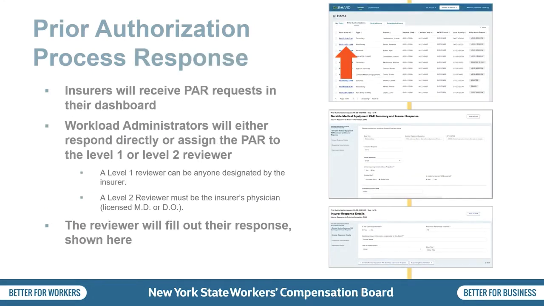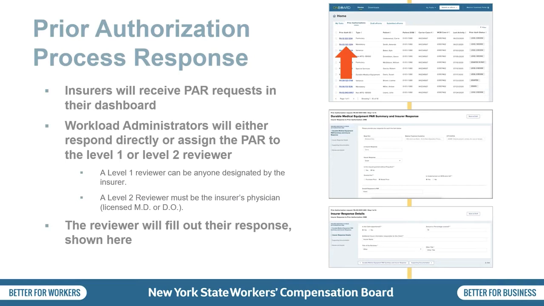Insurers will begin their response to PAR submissions by clicking on the PAR ID link for a specific PAR shown in their dashboard. In this example, the PAR selected was for durable medical equipment, and a series of items is shown regarding the PAR, including the body part, the associated medical treatment guideline, HCPCS code, and the Level 1 insurer response. The insurer will place in their response, and in this example, they will grant